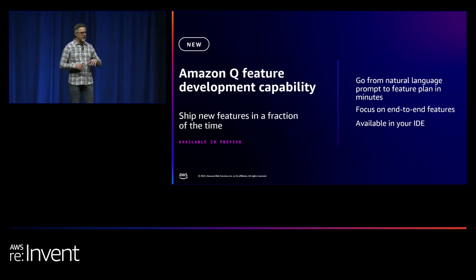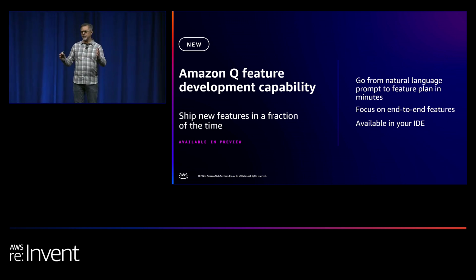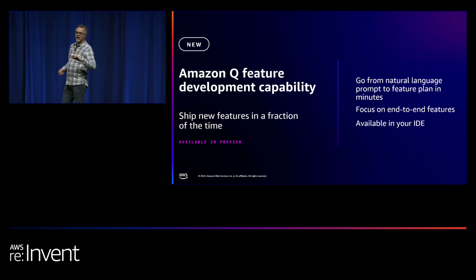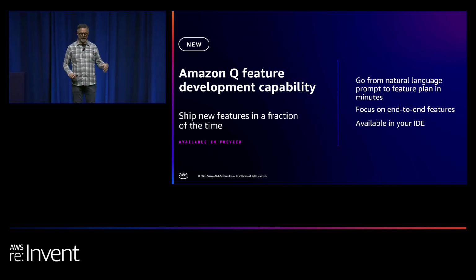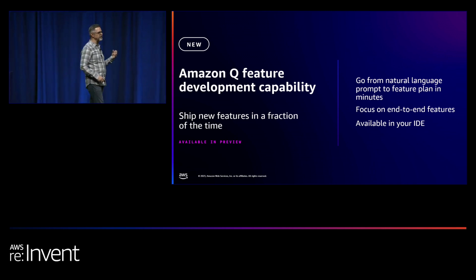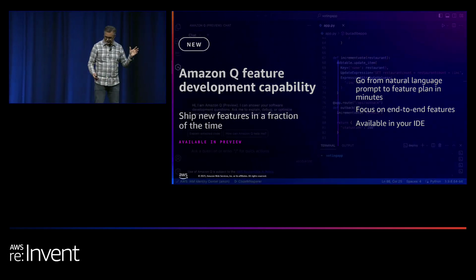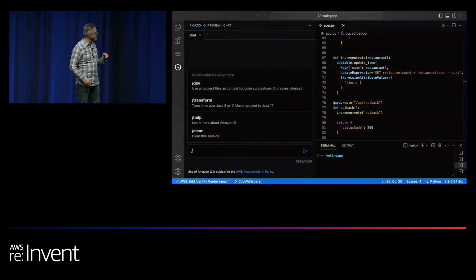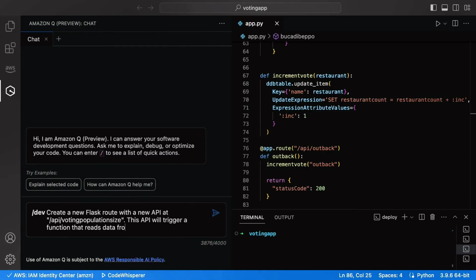So generative AI, CodeWhisperer, Q, we're really good at being able to understand what you're doing and being able to write code around it. So why can't we just go do that for you? Why can't you just say, tell me what you want, and we'll go build it? Describe the feature that you want or describe the bug you're trying to fix, and we'll go off and do that work. And so I'm just going to show this in video because it's easier for this case to show.